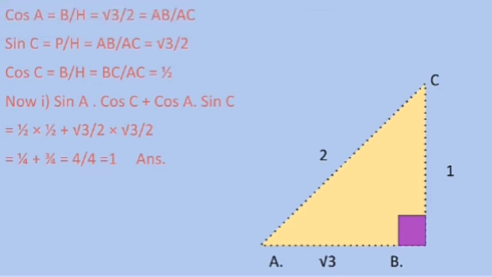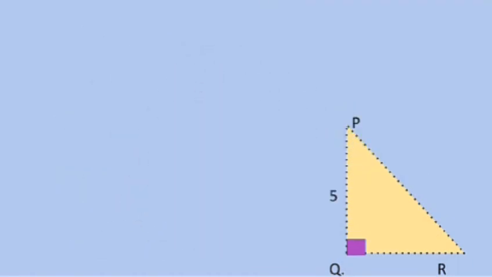Now class, moving to the other part, that is cos A dot cos C minus sin A dot sin C. Since again it is the same question, we know all the values, so we are going to substitute the values and find out what the answer of the second part is. So substituting the value class here, root 3 by 2 into 1 by 2, you will get the equation root 3 by 2 into 1 by 2 minus 1 by 2 into root 3 by 2, and your answer is going to be 0, because both the sides of the equation are the same, and when you solve it, it is going to be 0. For the first part the answer was 1, and for the second part the answer was 0.